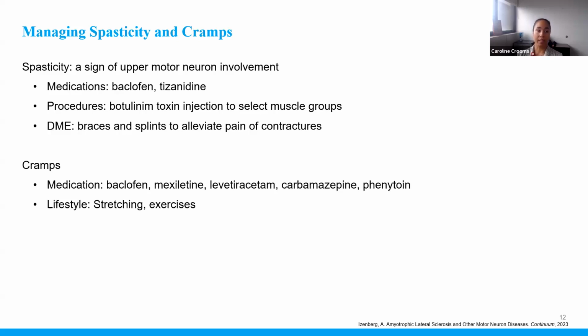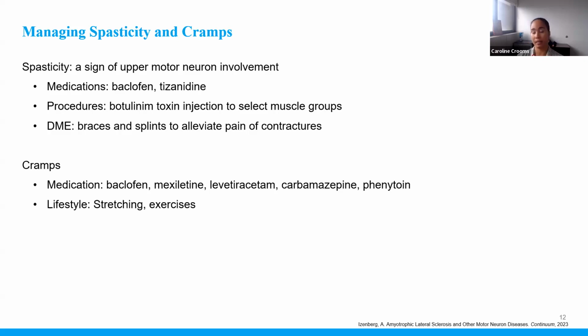Cramps are more of a lower motor neuron phenomenon. So here, rather than complaining of that spasticity and the tightness or rigidity, people have more pain in the muscle itself. You can actually also treat those with baclofen. Mexiletine is another one if they don't have cardiac disease. I haven't really seen